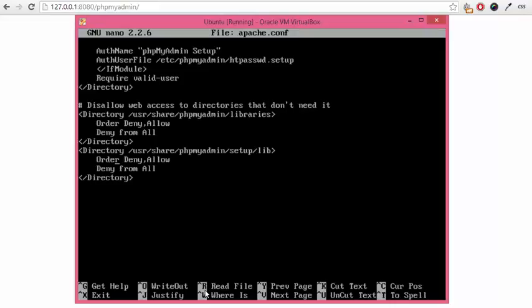The reason why I was able to access PhpMyAdmin was because I was doing it as a localhost. What you can do is type allow from all, and allow from all here also. But a more secure method is to say allow and type in, instead of all, the IP address of the computer on your network that you will be using to connect to